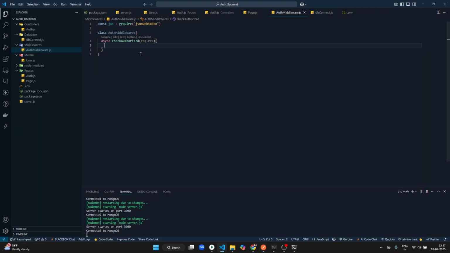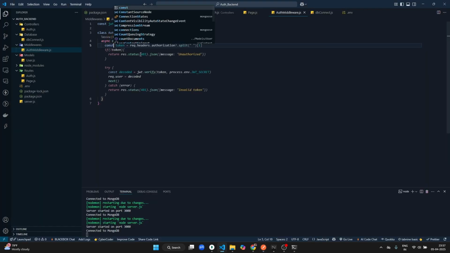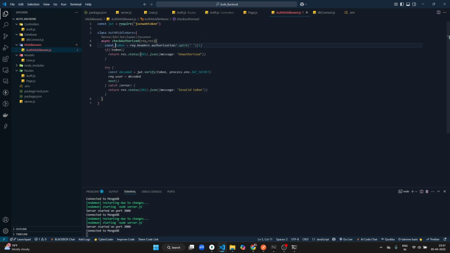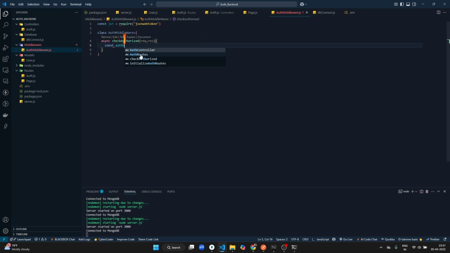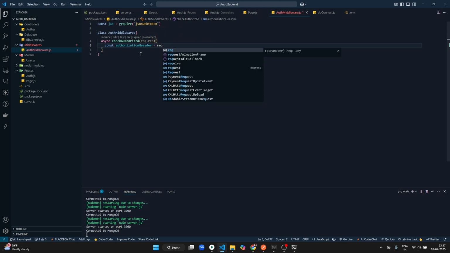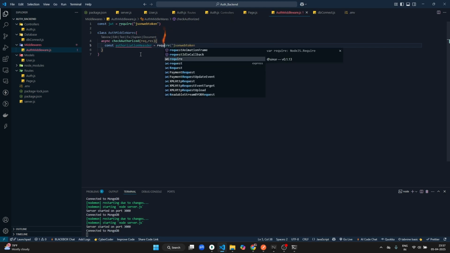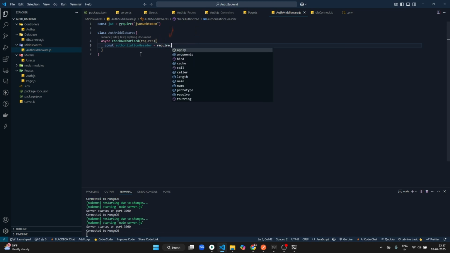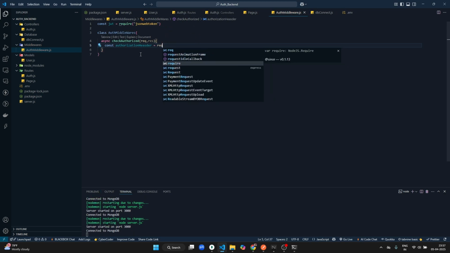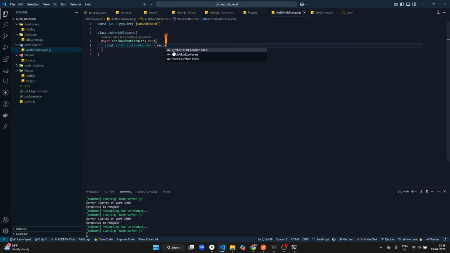So first we'll check: const authorization header available, authorization header, request dot get, request dot